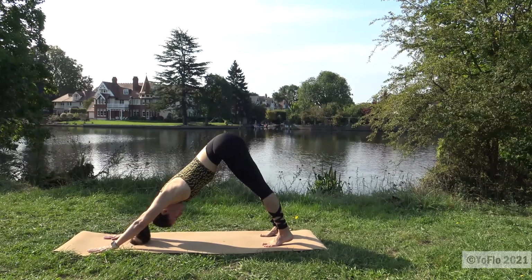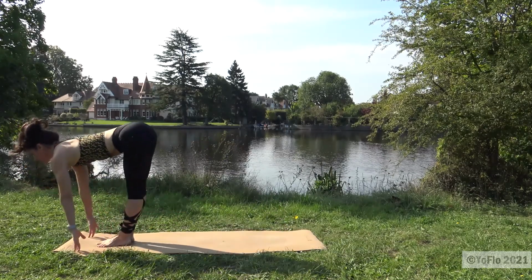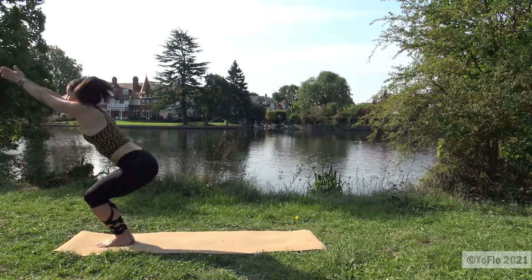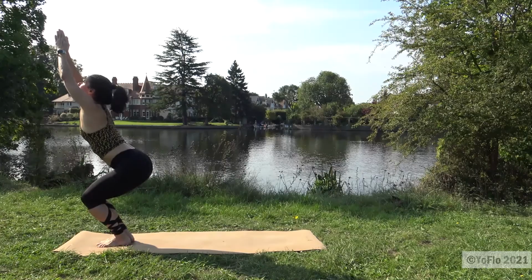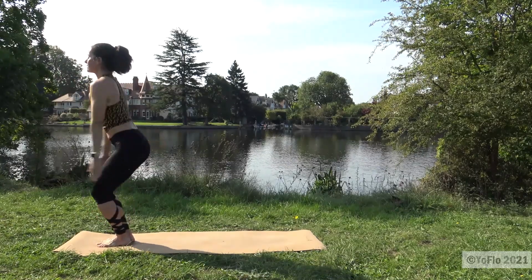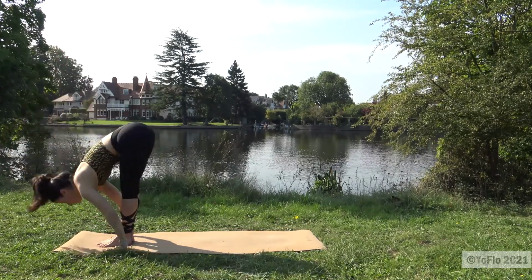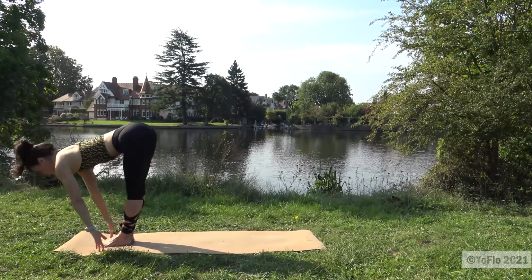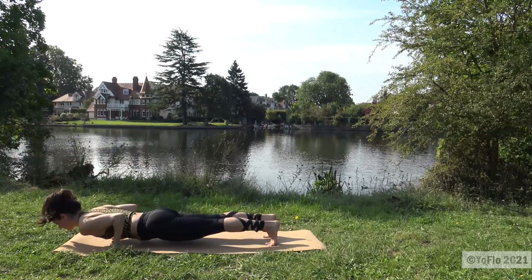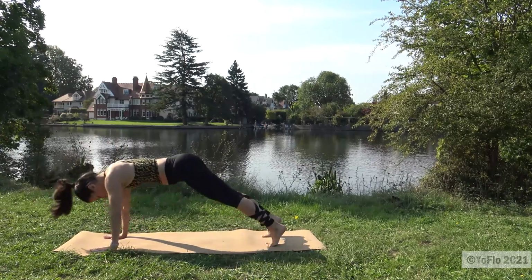Just breathing, relaxing the head down, bending the knees, stepping or jumping. Ardha Uttanasana and chair pose. Let's go one more. Ardha Uttanasana, stepping or jumping, lowering, up dog, down dog,